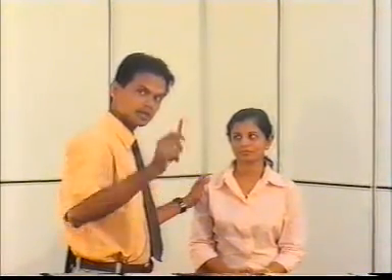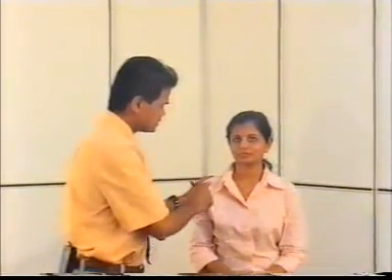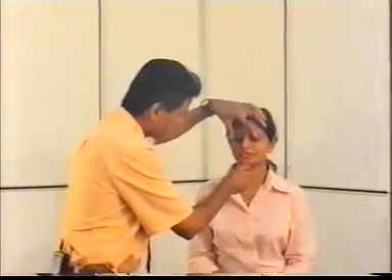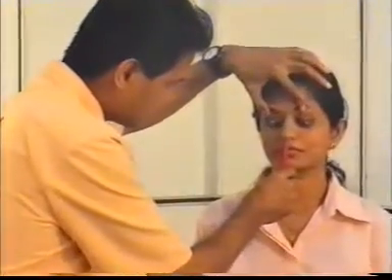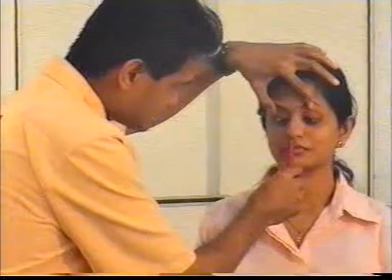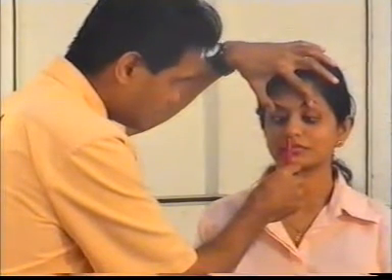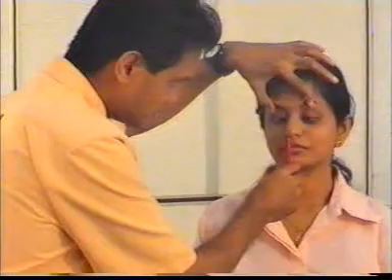The accommodation convergence reflex is done by asking the patient to first focus at a distant object. Sarangi, can you look at that distant object? While the examiner notes the size of the pupils, the patient is then asked to focus at the tip of the nose while holding the eyelids elevated so that the pupillary size can be noted. The pupils should constrict when the eyes converge in a normal person.